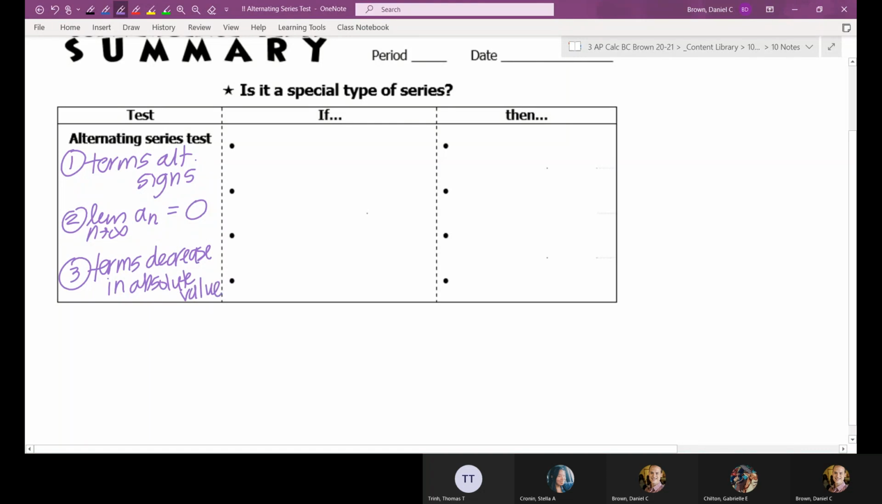And I'll explain what that third one means. That often is the trickiest one to prove. So basically, I have 4 cases of what can happen. First, if the terms don't alternate, then clearly don't use this test. If the limit of the terms is not 0,